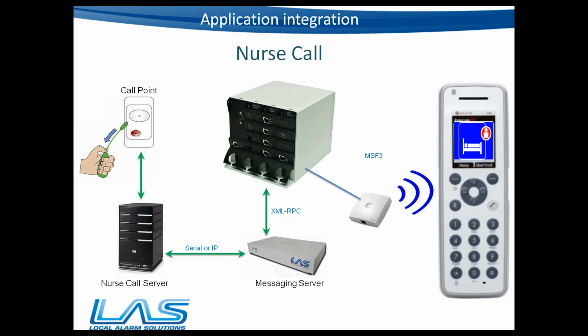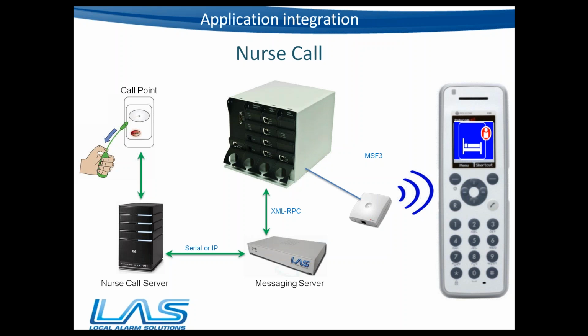It's then being programmed to say this particular nurse call event is this priority and needs to have this repetition of alarms, needs to have this color code. We need to send this type of icon, and so those things are all defined in the actual messaging server itself. It's normally communicating between the messaging server and the DECT server via SIO format 3, which is serial input-output, or the preferred method is via IP today using the XML RPC protocol, allowing for quicker communications, better